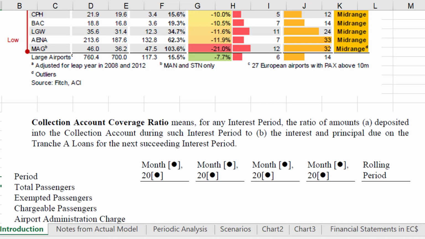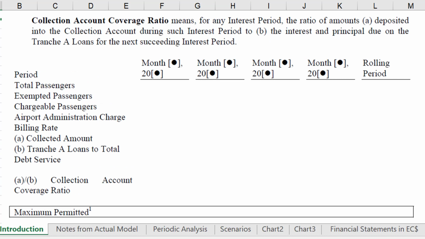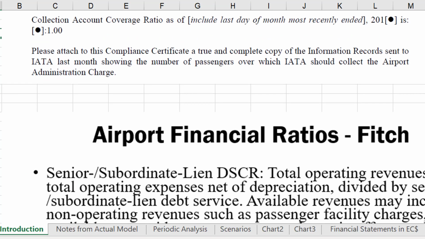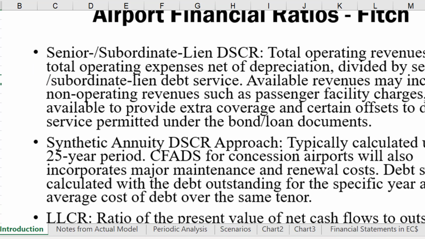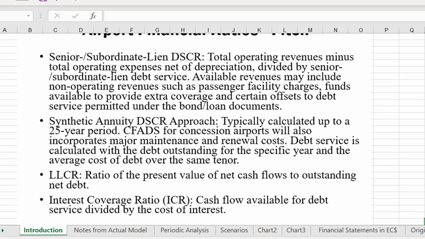And then they have a little criteria. Now that kind of drove me crazy a little bit because it assumes that you pay the debt service before you pay operating expenses. So what are you going to do? If you can't meet the debt service or the operating expenses, are you going to say, tough, you can't pay your employees, you can't pay the people to open the airport, check the baggage, you're going to close down the airport because you don't have enough money for this account? I think these waterfall issues are very tricky. And that's really one of the key ideas of making this video.